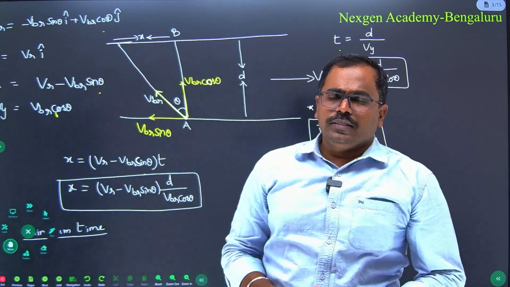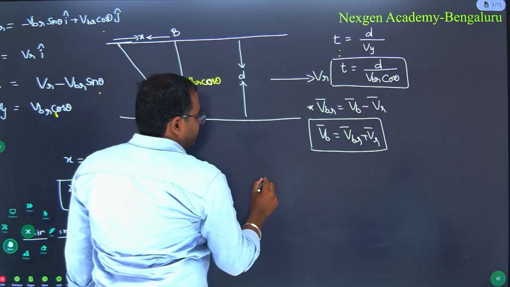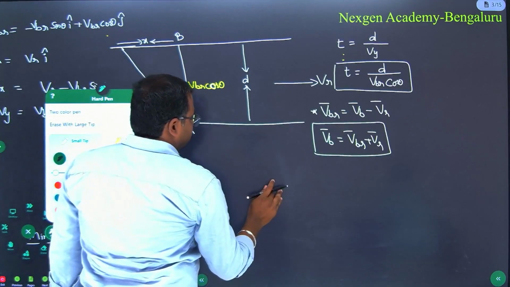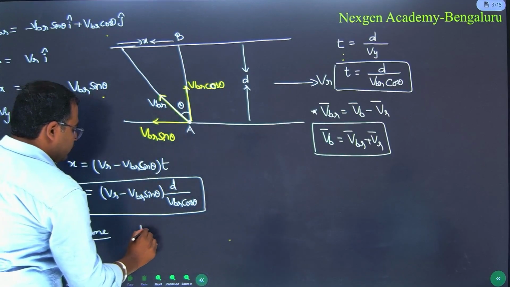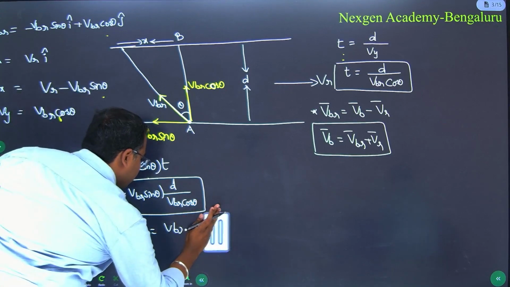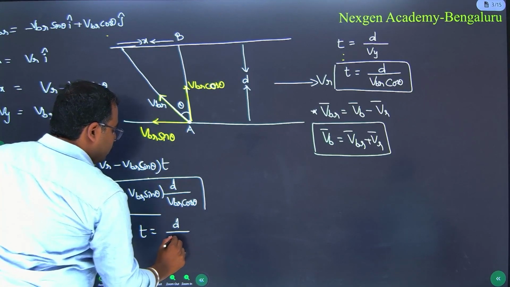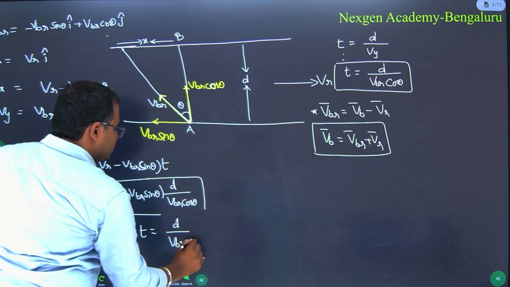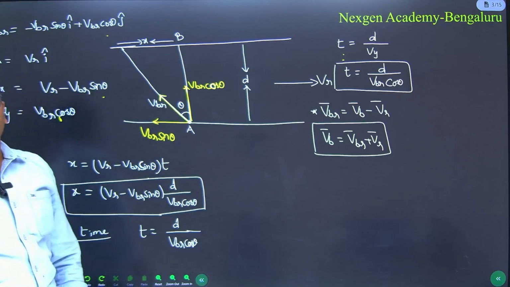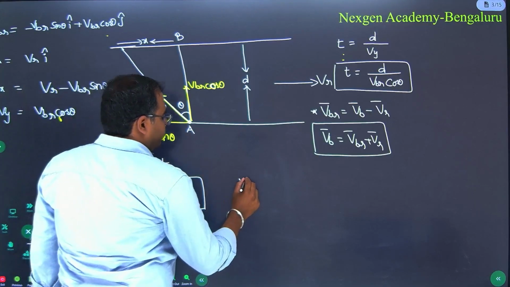by the boat to cross the river, minimum in the sense, here the time taken is equal to d by VBR cos theta. Now in this context, if this denominator is maximum, automatically the time will be minimum. So this VBR cos theta